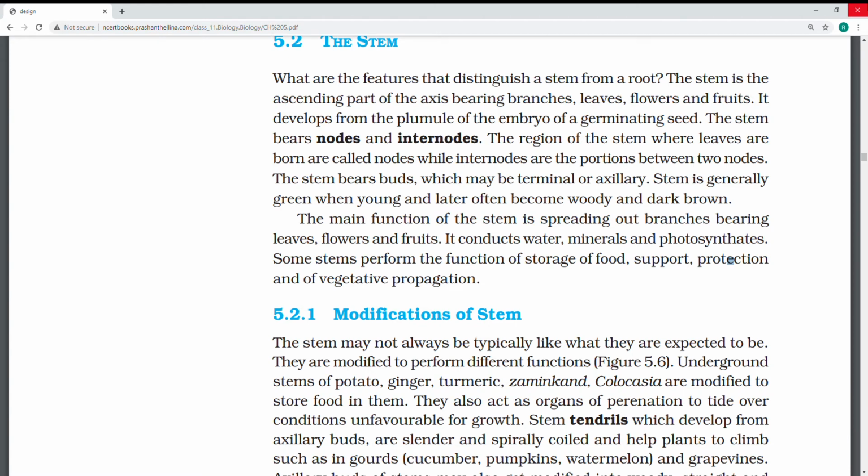So the main stem and branches is called the shoot system. It always helps in support and conduction of water and minerals. Where I have told already when I showed the plant, the node to node center portion is called internode. So axil of leaf is called axillary bud and the tip of the shoot is called terminal bud or apical bud. So the axillary bud develops into a branch.